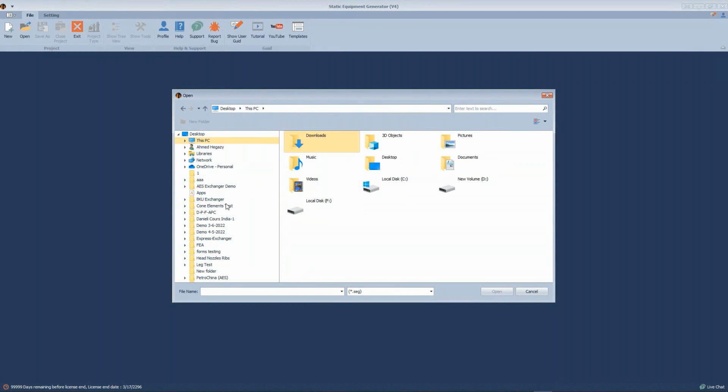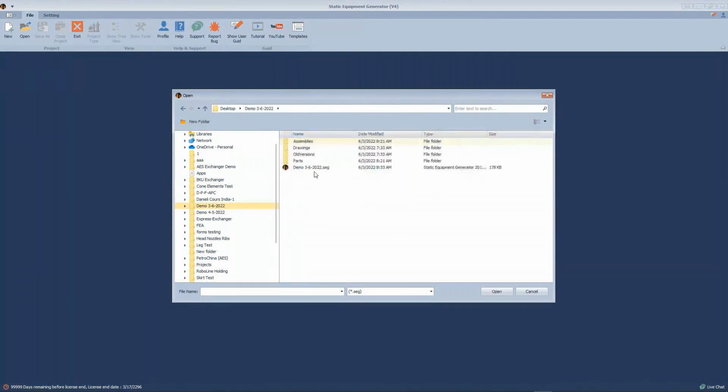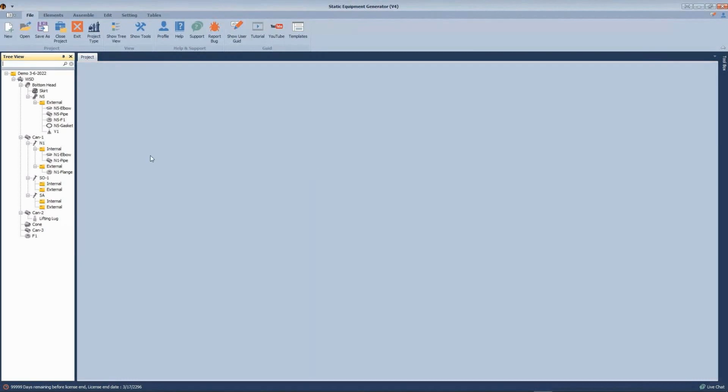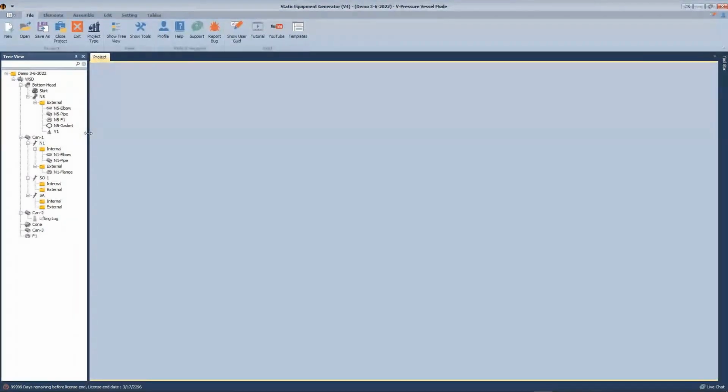And one more thing, sir. Suppose we do the design in PV Elite for a heat exchanger. Is it the same, like for a pressure vessel, is it importing the data for the heat exchanger? Okay, for the heat exchanger,